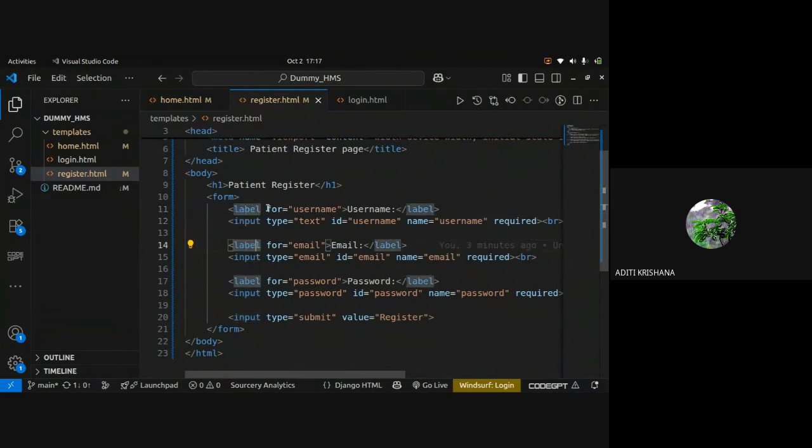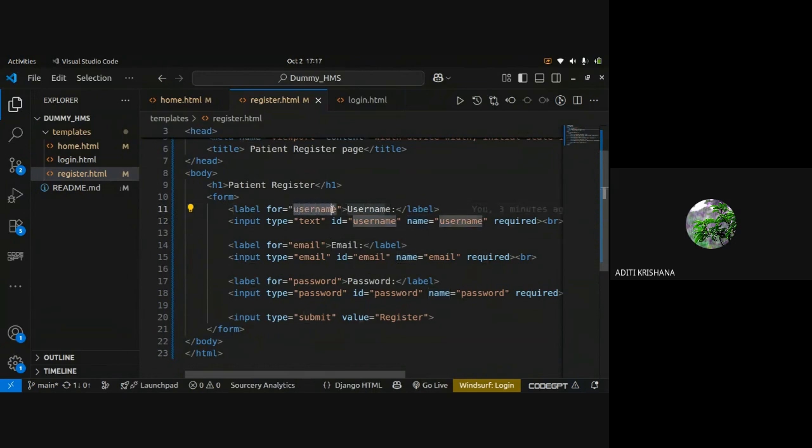Now you are seeing some properties inside these tags. These are called properties: for, type, ID, name. These are the properties of that particular tag. So we are using them to show for what purpose it is going to be used.